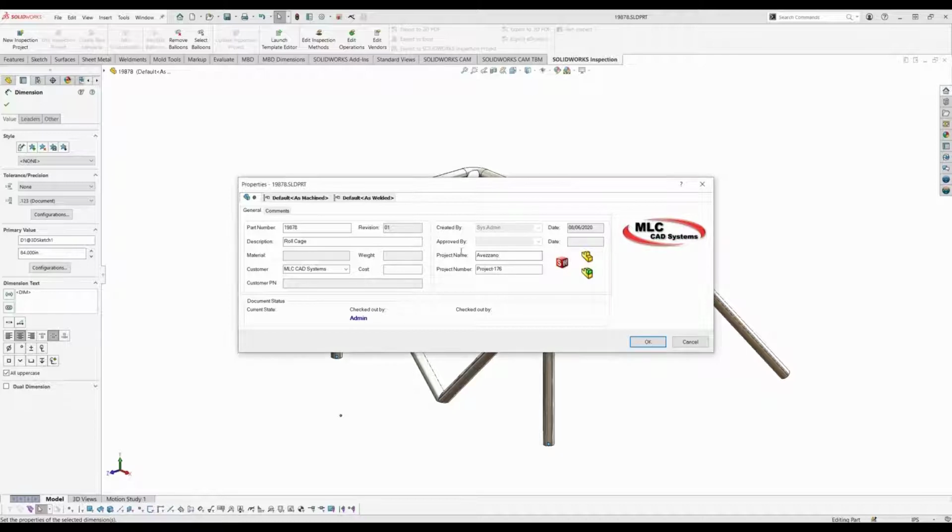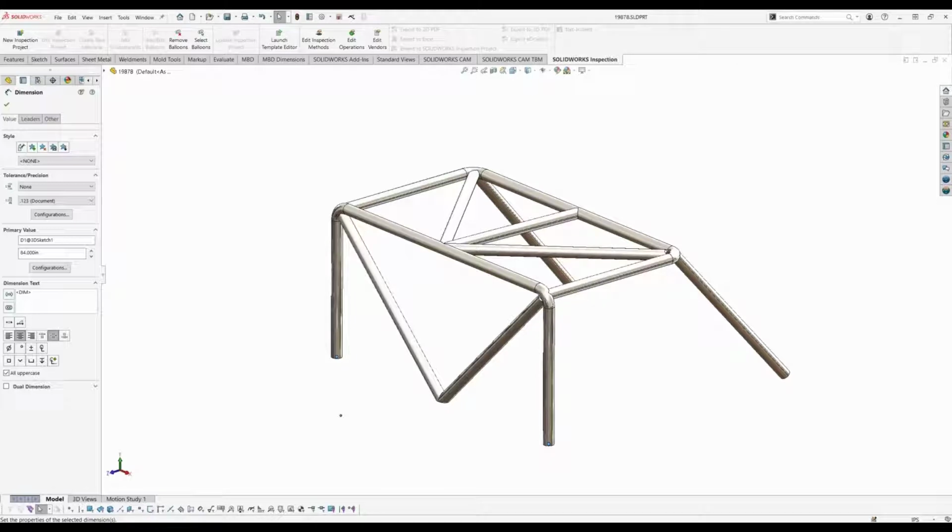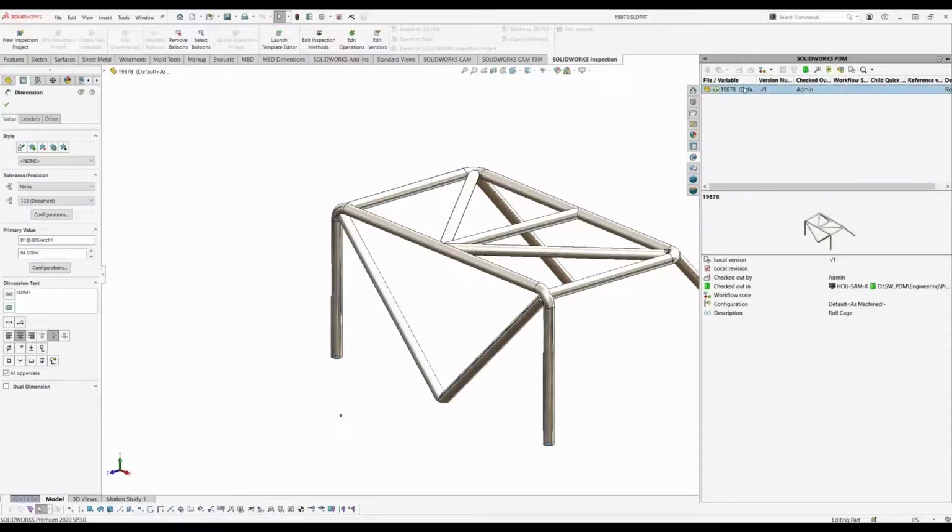You'll see that some of the project information has already come across. It's already brought it in for me. It's brought in potentially the customer, or I could go ahead and put that in as needed. So when we go and do that, we can then save the file. We can then check in the file directly within the SOLIDWORKS interface and get that file fully vetted inside of